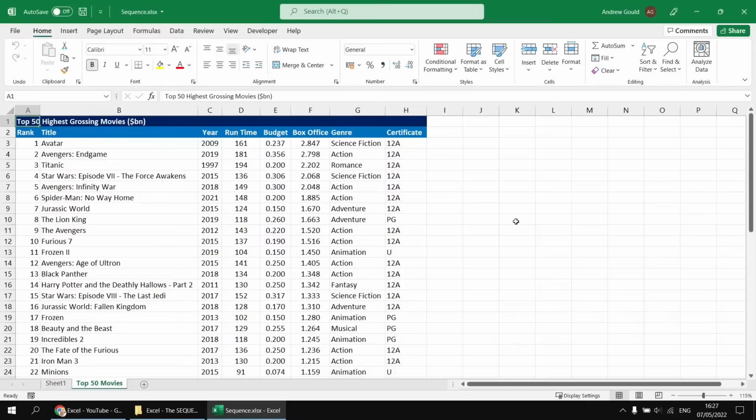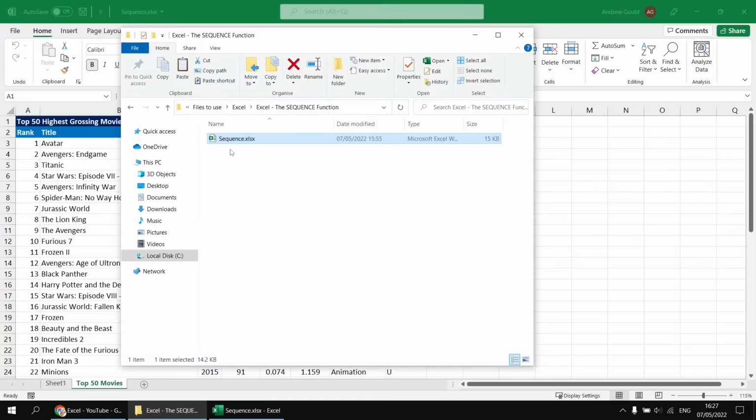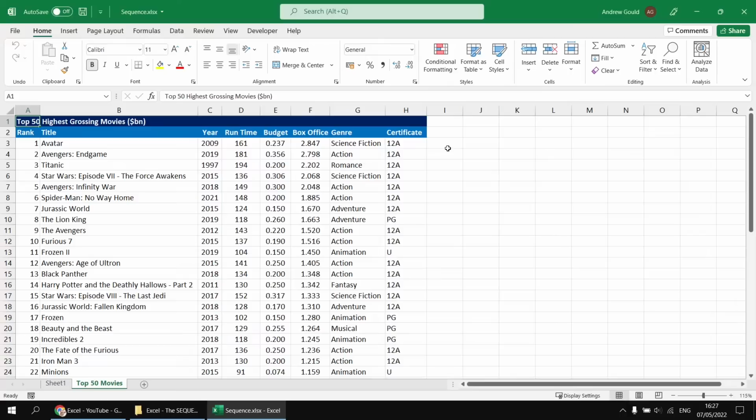For this example, I'll be using a workbook containing a list of the top 50 highest grossing movies. If you'd like a copy of the same data to work on so that you can follow along with the video, you can download a copy of this file using the link in the video description. As it turns out, to demonstrate the basics of the sequence function, I'm going to start in a blank worksheet